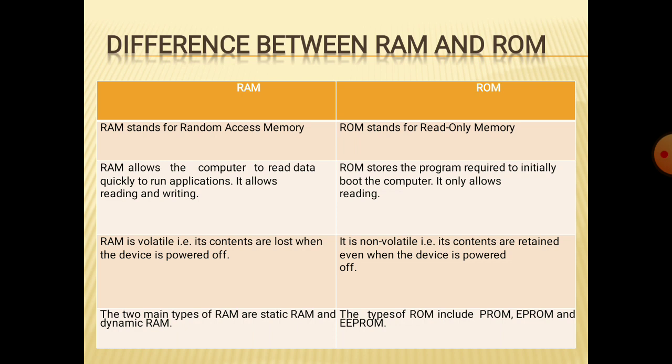Volatile memory is one where, when you switch off your computer system, the data stored in the memory device is lost, erased or deleted. Such memory is called volatile memory. And even though you shut down your computer system, if the data stays in that memory storage for a longer period of time, then that memory is called non-volatile memory. So the example for volatile is RAM and for non-volatile is ROM. These are all the points you have to remember.